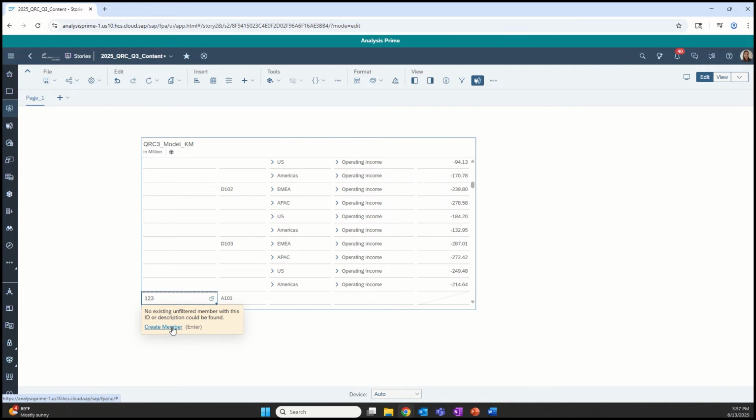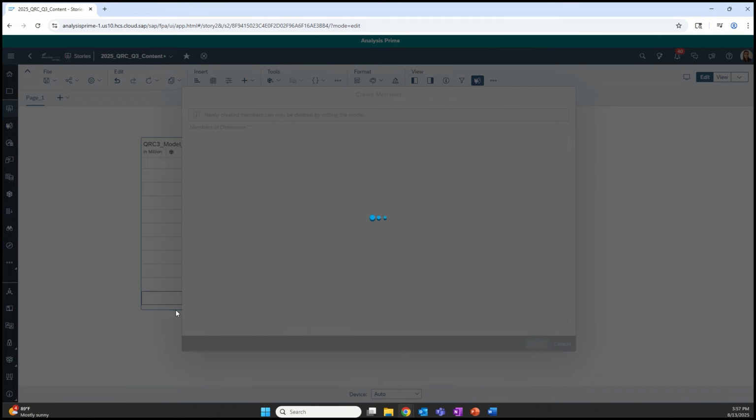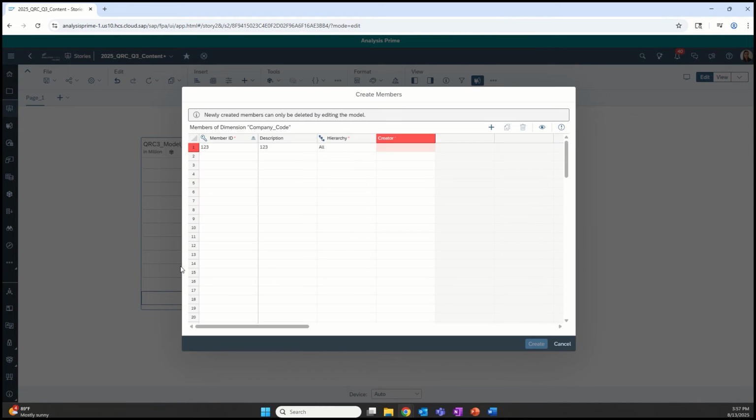So now I can hit my create member option. This will open up a new dialog box, similar to your original modeler, where we see our new member ID that we just created. It will default your description to your ID and put it somewhere in the hierarchy. And as we noted, I made creator a mandatory property field, so it's showing up as red, saying that it can't be empty, and that I also can't hit my